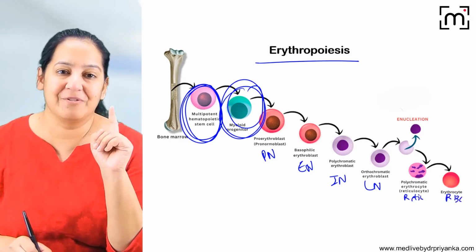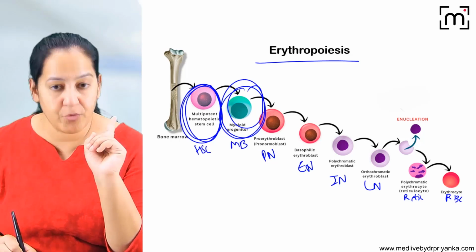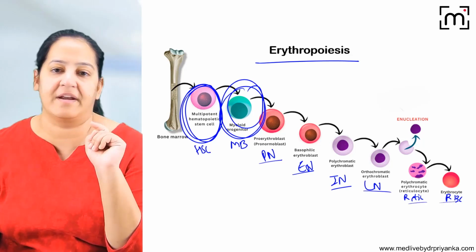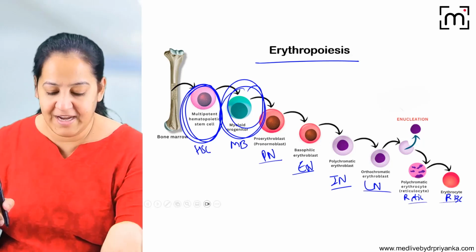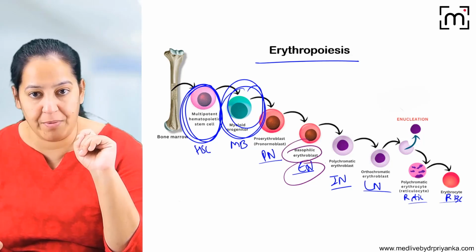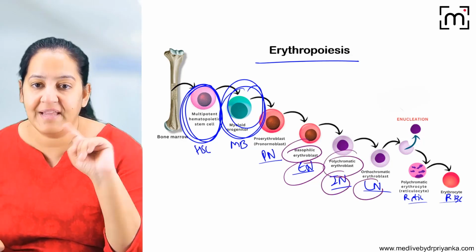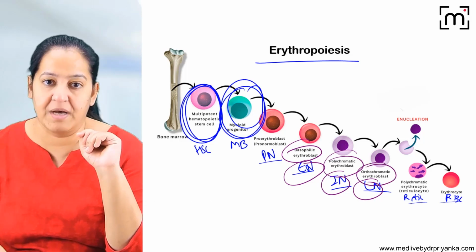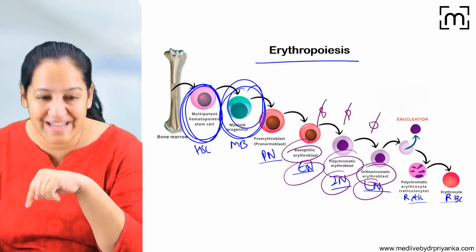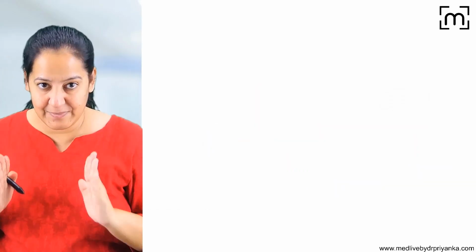So these are the precursors. The first cell is hematopoietic stem cell. It gives rise to myeloblast, then pronormoblast, early normoblast, intermediate normoblast, late normoblast, retic, and RBC. Learn the other names of early, intermediate, and late. Early normoblast is also known as basophilic normoblast. Intermediate one is also known as polychromatic normoblast, and the late one is also known as orthochromatic normoblast. So you can learn with the help of a mnemonic BPO: early, intermediate, late, BPO. So tell me the complete sequence. How does